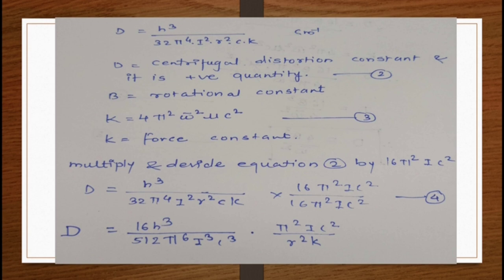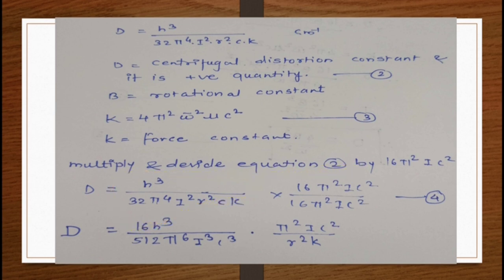So here pi is a constant, omega bar is the vibrational frequency, mu is the reduced mass, and c is the velocity of light. So we know the value of k. Before that, we want to find out again the d value, and then we will find out the relation between d and k. So d is equal to, just write the equation as it is here,